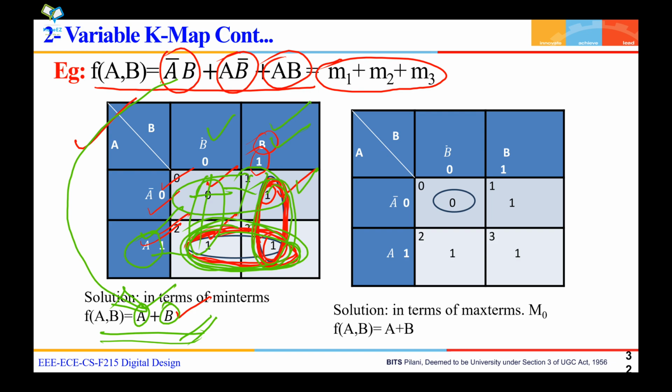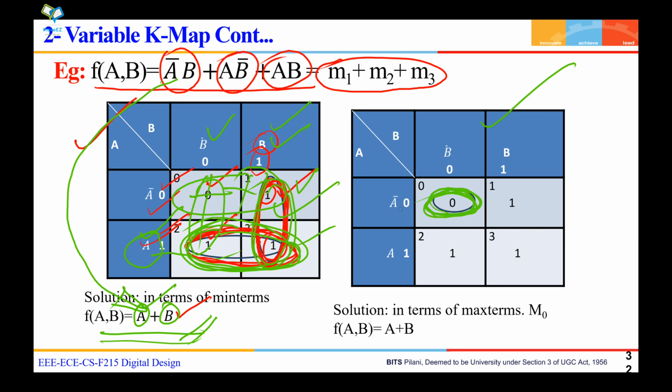Fine. Okay. Now, how do you group for max terms? See, for min terms you have used ones and grouped, right? Now max terms can be grouped using zeros. You can group zeros in max terms. Now in this you can see there is only one zero, so its grouping is not possible. You can take only this individual zero. Whenever grouping is not possible, there is only one zero or one, only that can be grouped. So only the zero is grouped here.